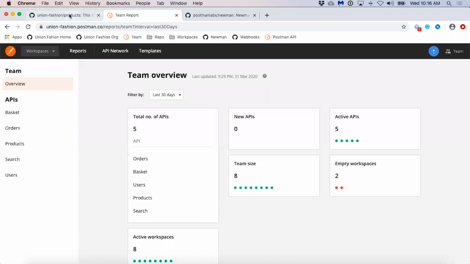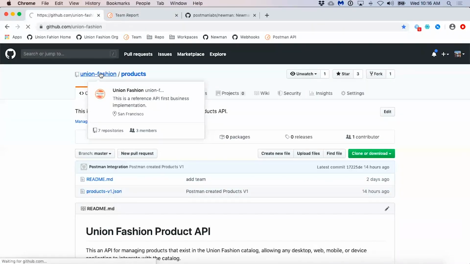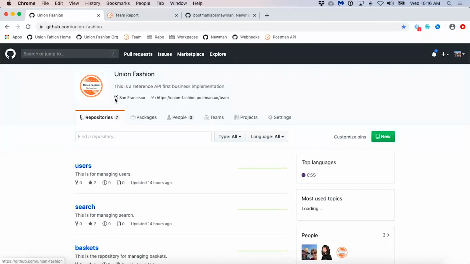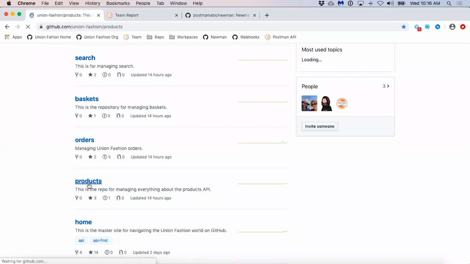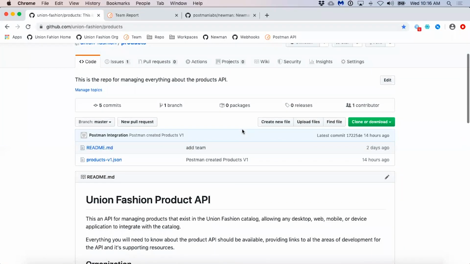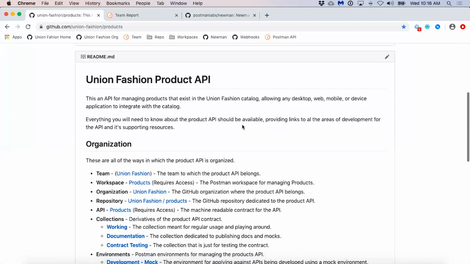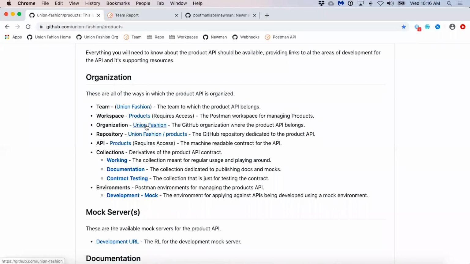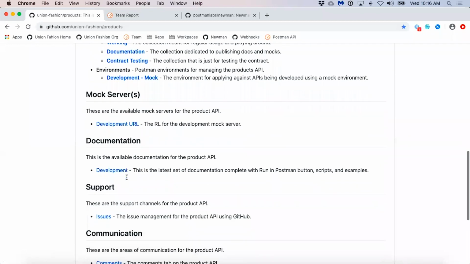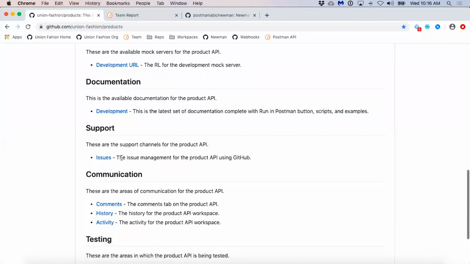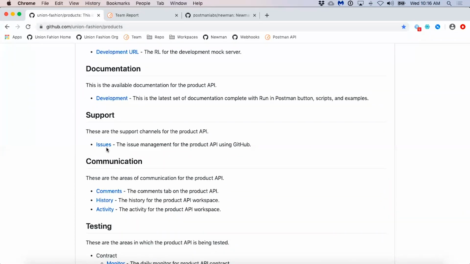And so that is really what Jeff was looking for here as part of his efforts. He wanted a single place that he could go and understand what's going on with each individual API. So he can land on each individual GitHub repo. He can click to the workspace for a team. He can go to the repo, see the APIs, see each individual collection, see each environment, understand them, grab the mock server URL, visit the documentation, visit any support issues that have risen up using GitHub issues, and then stay